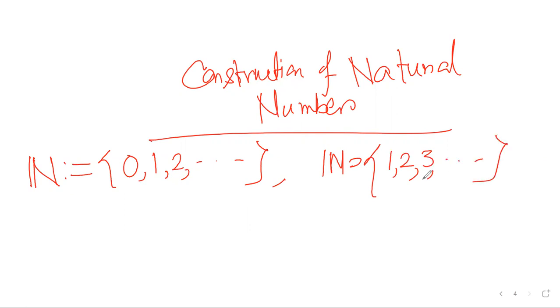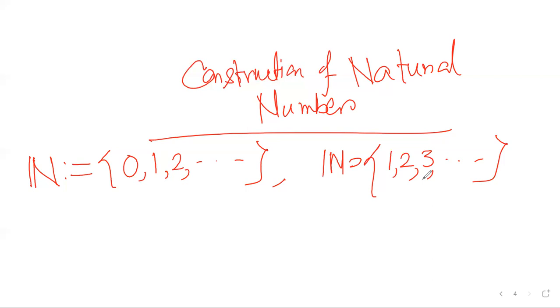It is the first infinite set, right? What is the meaning of first? If we want to think about an infinite set, this is the set that comes to our mind first. That is why I mean that this is the first infinite set. And every infinite set has some subsets which are also infinite.